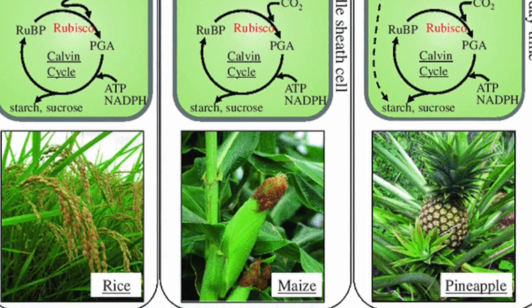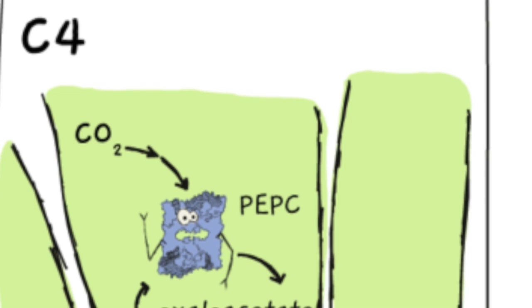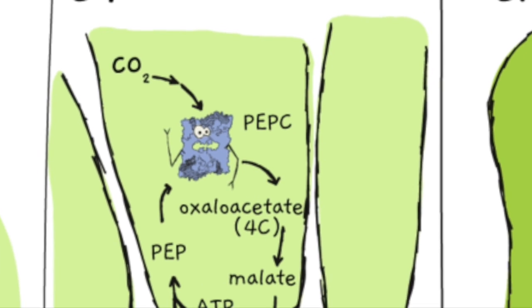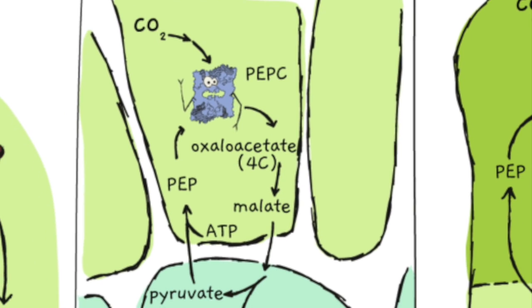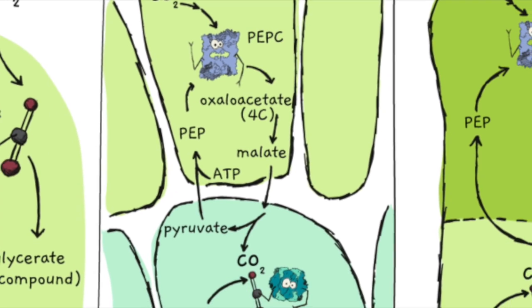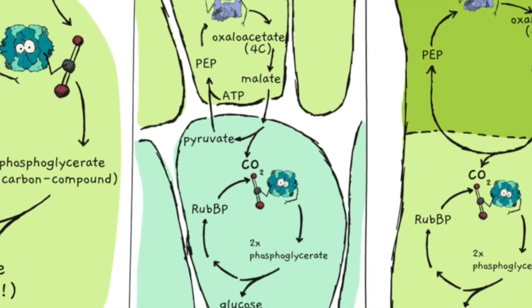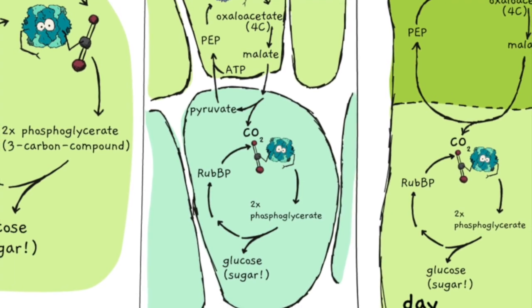In this process, CO2 first enters the cells through the stomata and is fixed to form a 4-carbon acid named oxaloacetate using PEP carboxylase. The 4-carbon acid is then transferred to the bundle sheath cells where it undergoes the Calvin cycle using fixation by